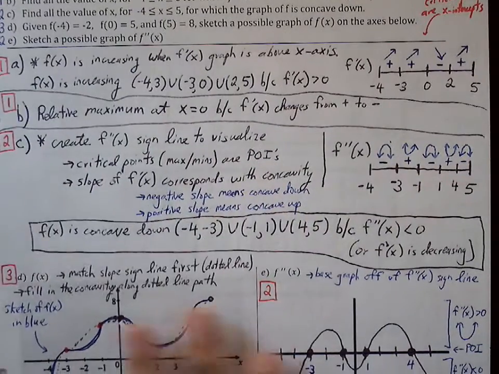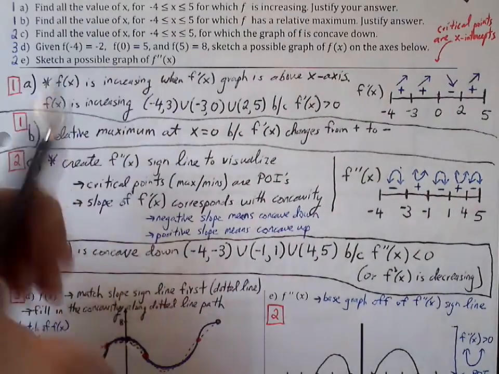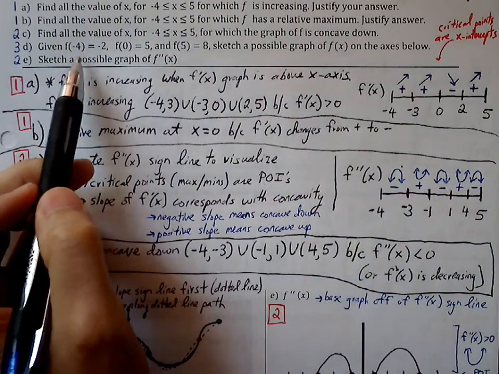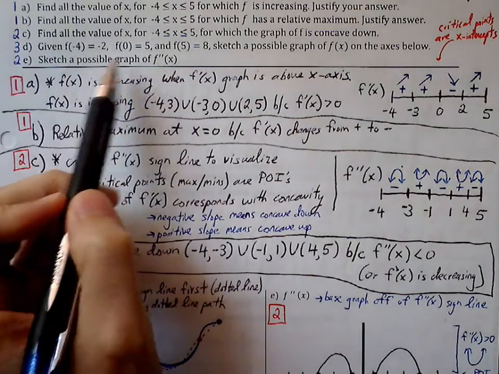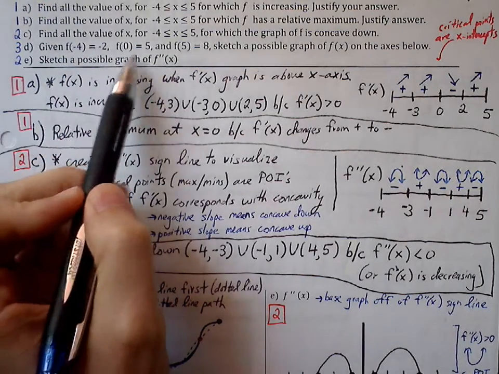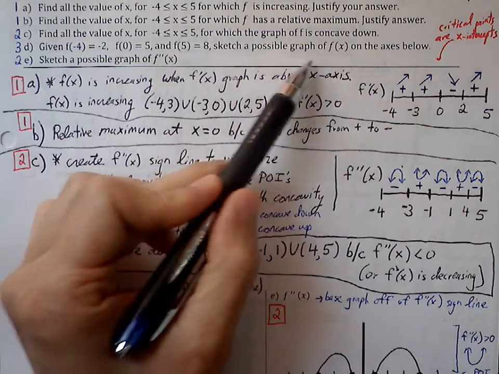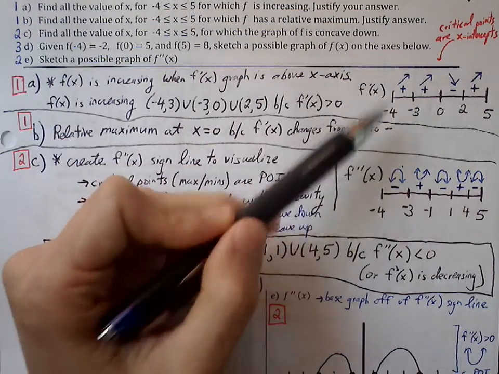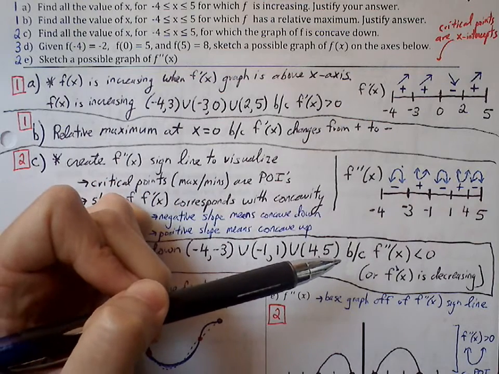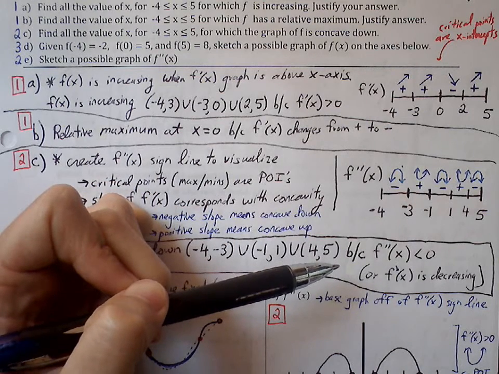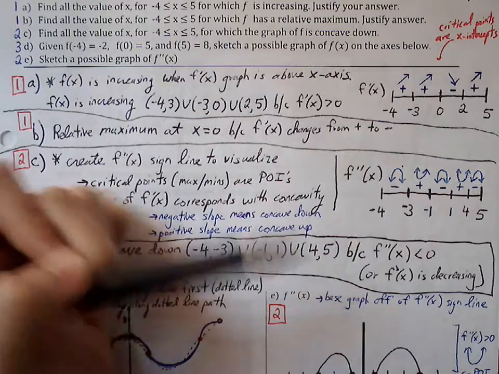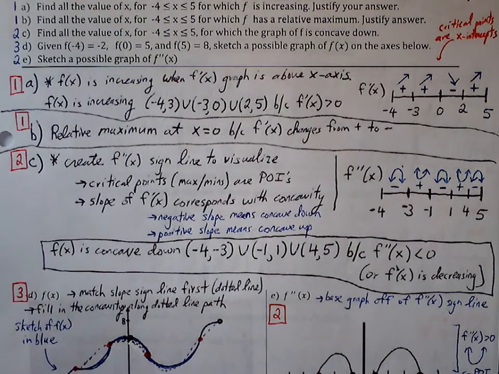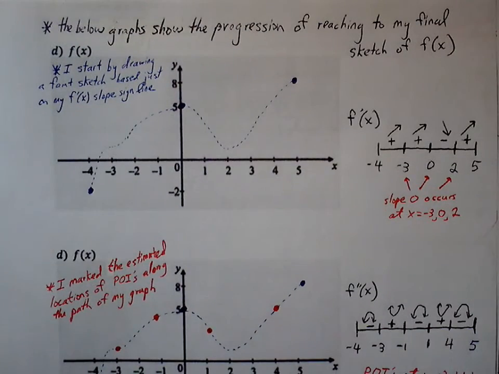All right, part D, we have some ordered pairs of the original function: the ordered pair (-4, -2), the ordered pair (0, 5), and the ordered pair (5, 8). Now we're going to sketch a possible graph of f of x using information that we've gathered from slope and concavity sign lines. I'm going to show the progression of building this f of x graph